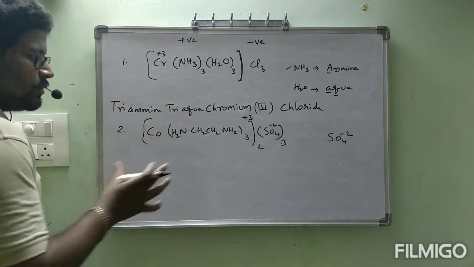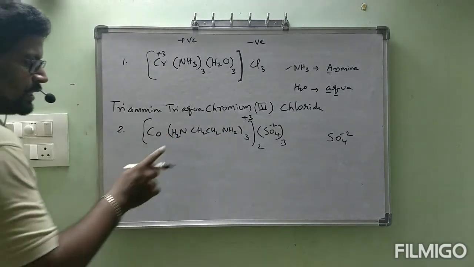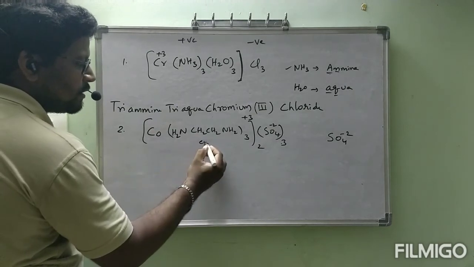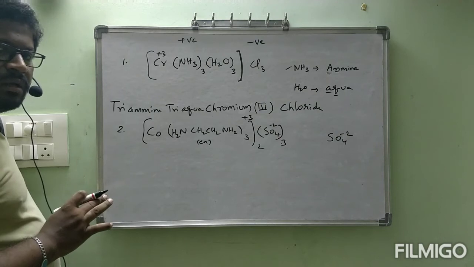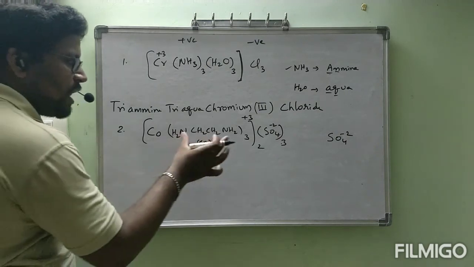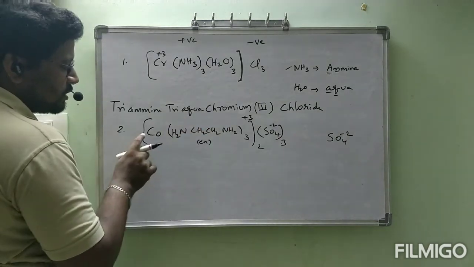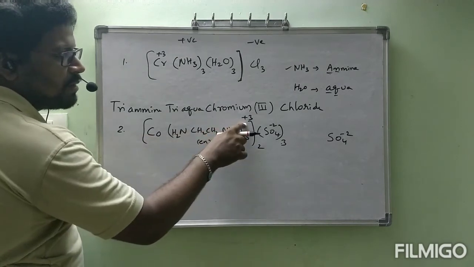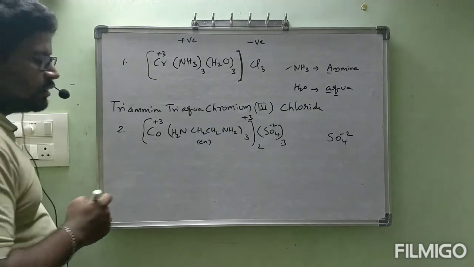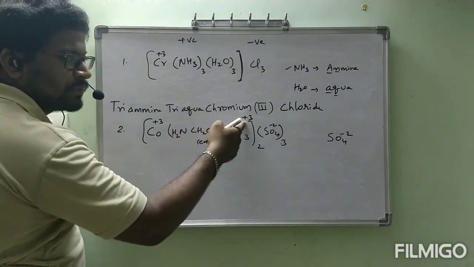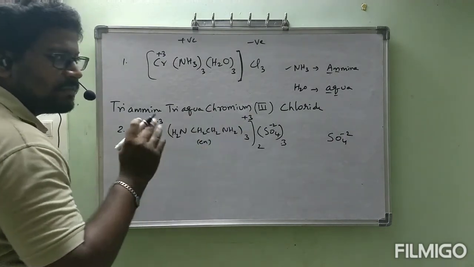Okay. Now what is the ligand present? This ligand is nothing but en, ethane-1,2-diamine. It is a neutral ligand. If all are neutral ligands, cobalt charge and complex ion charge will be the same. So cobalt charge will be +3. Now cobalt is present in which complex? Positive complex, so its name is as it is.